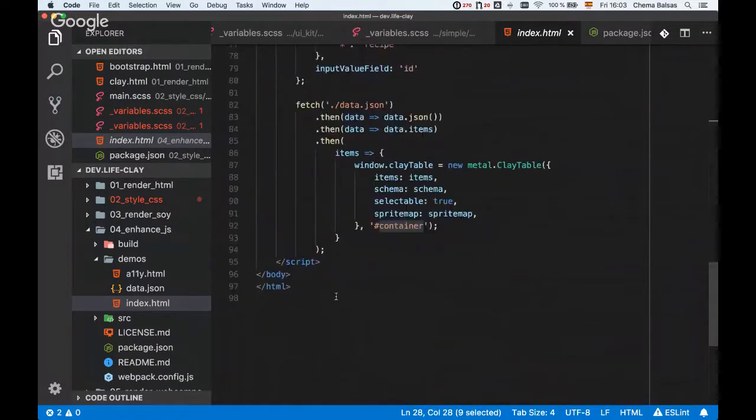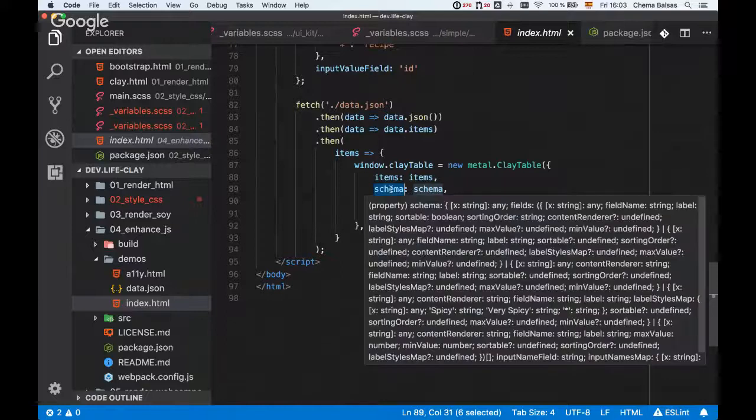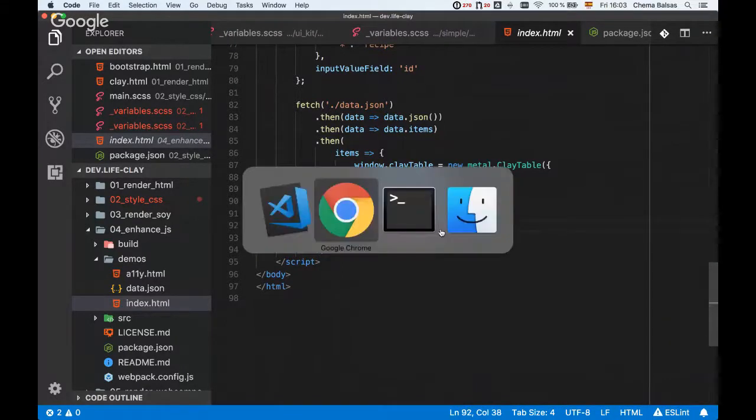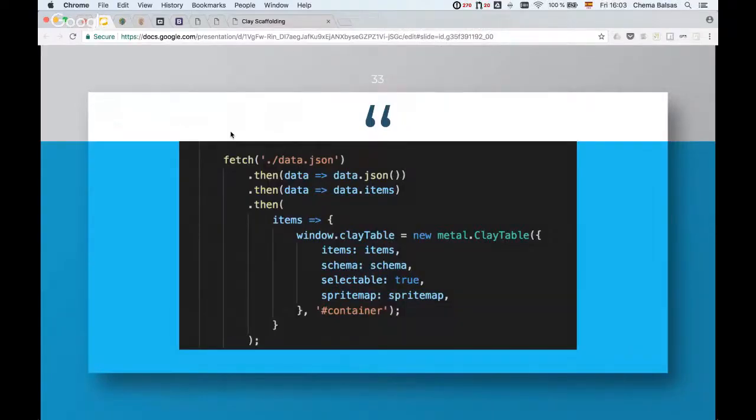Okay, so with this, I expect to just render, well, if you look a little bit at the API, it's saying I'm rendering a table with a set of items, which should follow a schema, which I can explain later, and then it has other params, right? So if I go there,